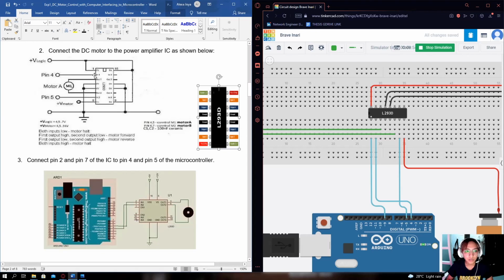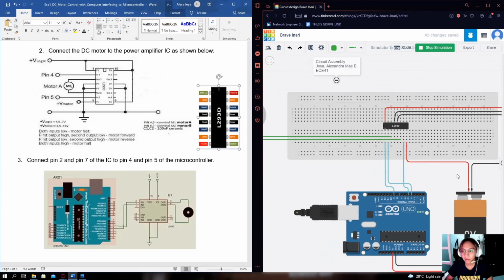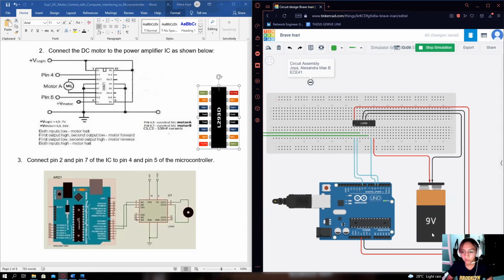As you can see here, the first pin is connected to the power supply. Here it's connected to the 5 volt of the Arduino. And next, pin 4 here is connected to 4 of the Arduino. This, the second pin rather, is connected to pin 4 of the Arduino, and the motor